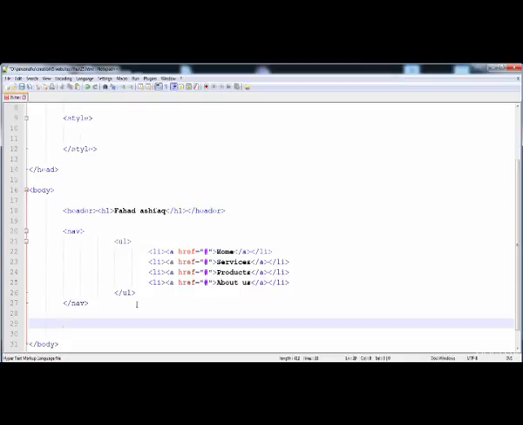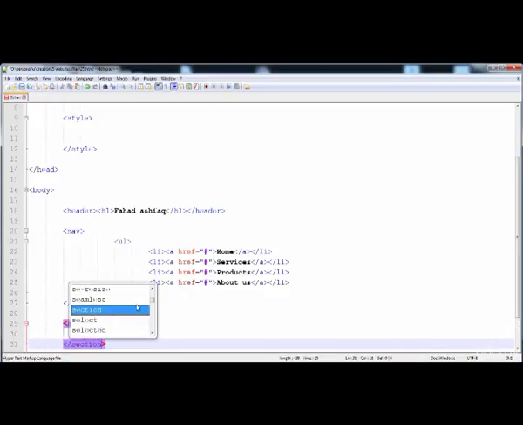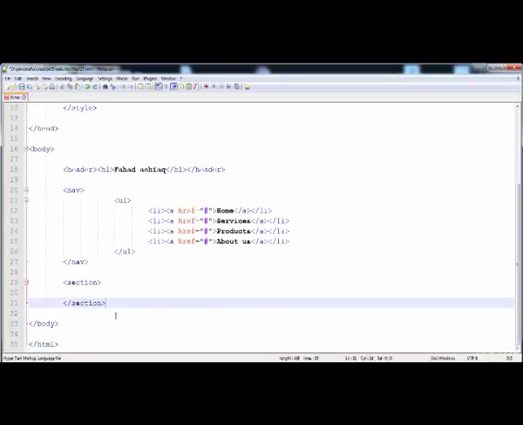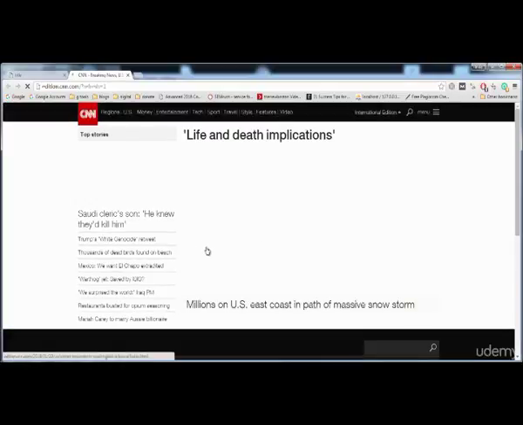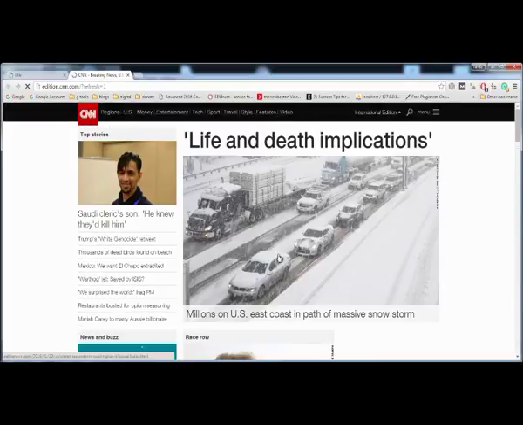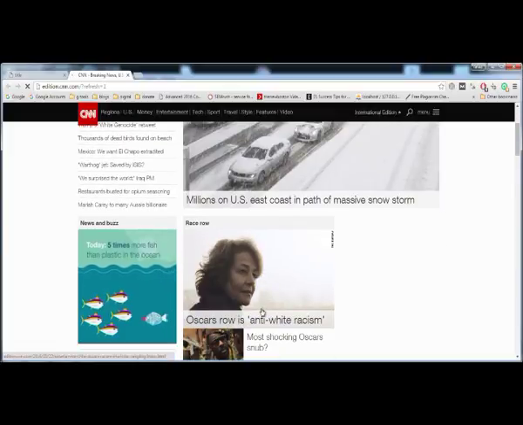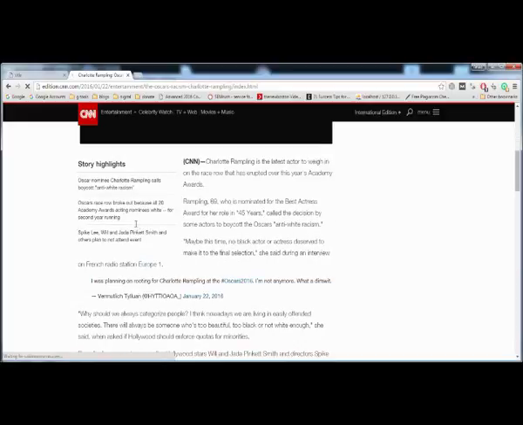Then I'm going to create a section, where we place the paragraphs. Now I'm going to copy the paragraphs from CNN. Here I'm going to open a post and copy this paragraph,